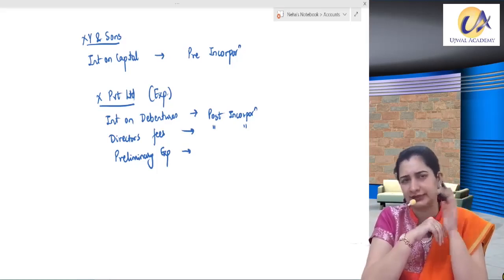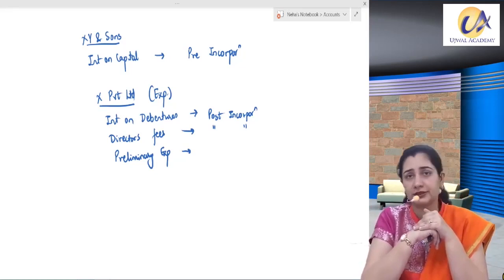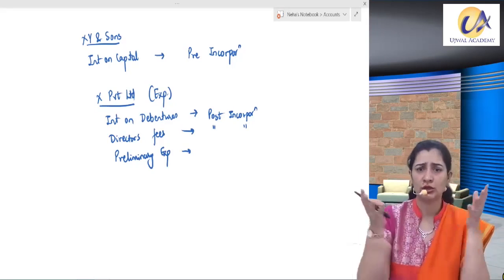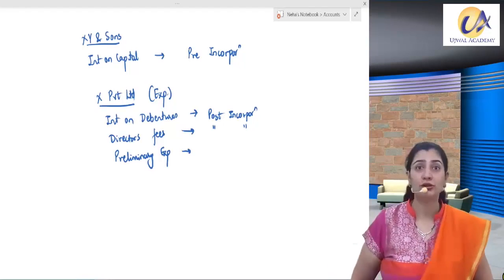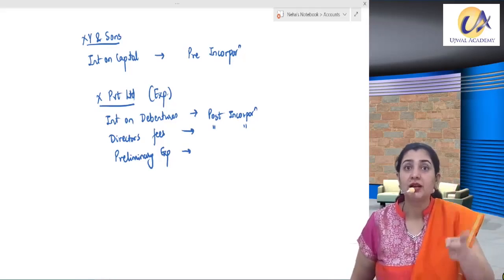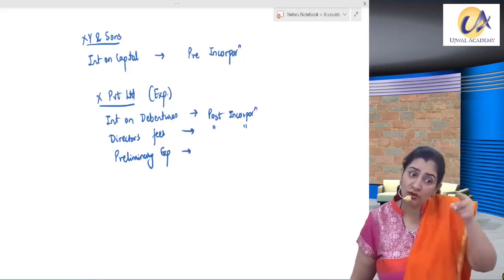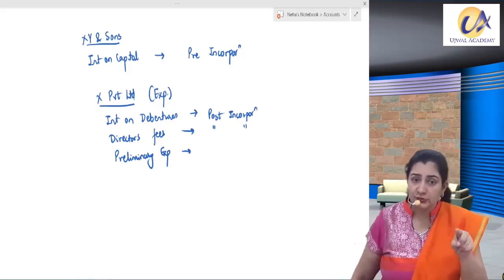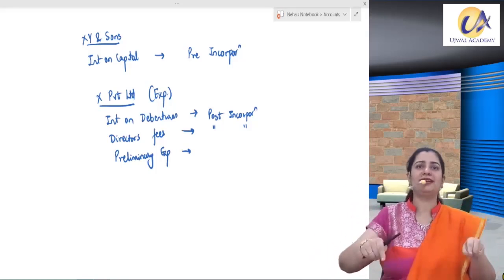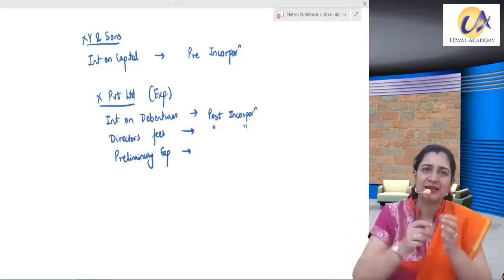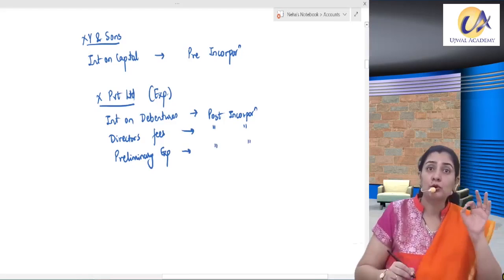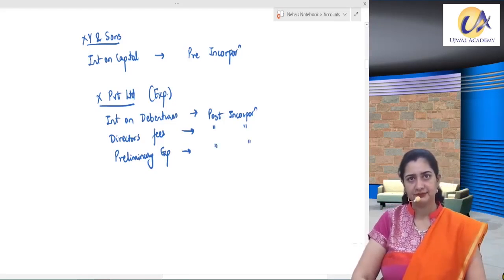तुमने भी यही सोचा होगा. आई एम श्योर यू हैव थॉट लाइक दिस. एक्सपीरियंस बोलता है, आई नो इट. बच्चा यही सोचता है कि प्रिलिमिनरी एक्सपेंसेस इज प्री. व्हाई? क्योंकि इट वाज पेड बिफोर कंपनी वाज फॉर्म्ड. बट डोंट फॉरगेट, व्हेन पेड इज नॉट इंपॉर्टेंट. कब पे हुआ इंपॉर्टेंट नहीं है, किसके लिए पे हुआ, फॉर व्हाट इट वाज पेड इज इंपॉर्टेंट. सो दिस वाज पेड टू फॉर्म द कंपनी. तो कंपनी को फॉर्म करने के लिए एक्सपेंसेस पेड, तो कंपनी का ही एक्सपेंस ना इट विल बी. दैट्स व्हाई दिस इज आल्सो गोइंग टू बी पोस्ट इनकॉर्पोरेशन. ओके,